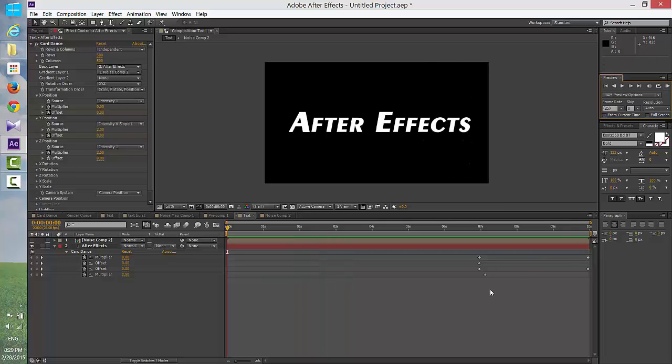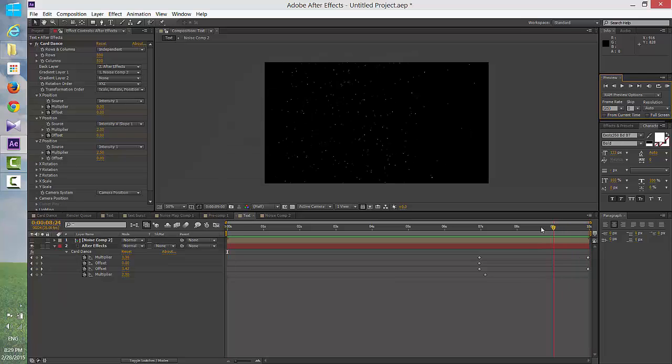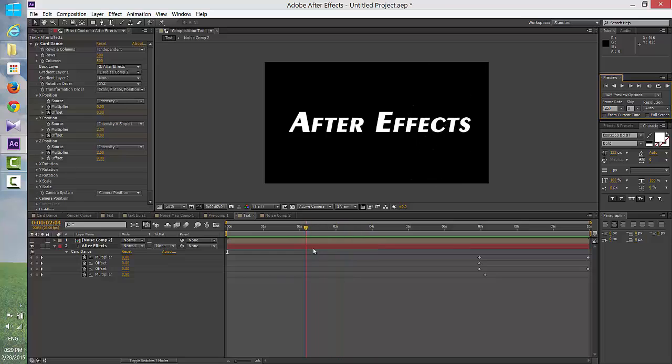So this would be one of the effects that you can think of using. You can also play it the other way around like this. So things can be made into dust and coming out of dust. Now there are other professional third-party effects which will do this in an even better way. One is Trapcode Particular. We will do it once again, but with a different tool altogether. But as of now, the same thing we can do with